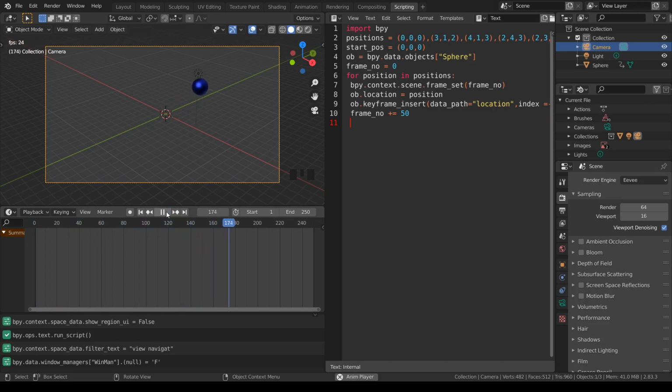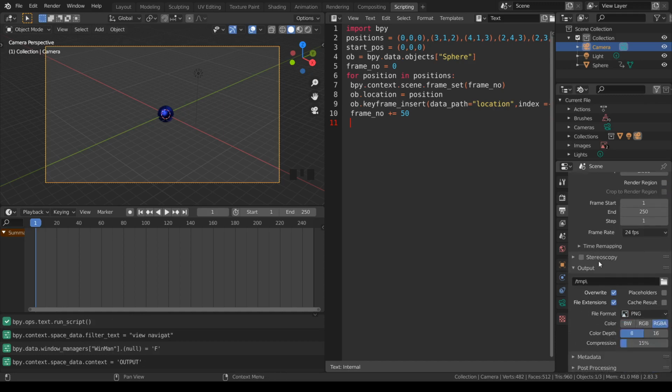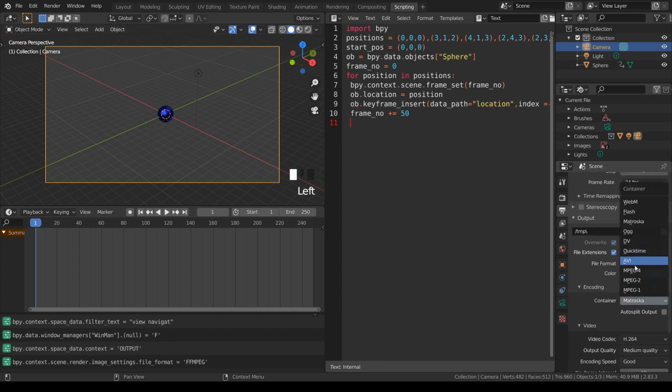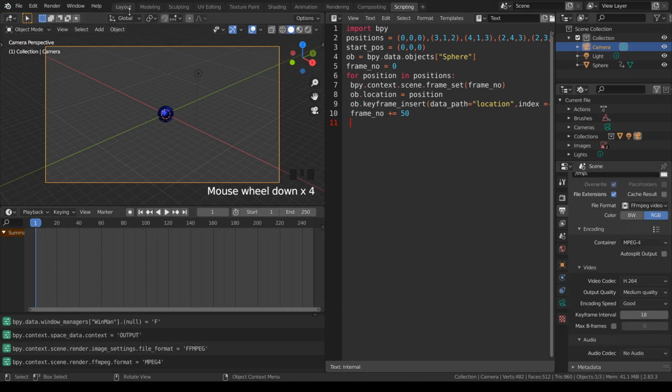So finally, if you can see, my object is moving in the camera mode, that too in a proper position over here. So this is how you fix your camera and work with your timeline and your frame. Now this object can be rendered as normal rendering which we do, where we can go to our output properties. In output properties we can select our location where we want to save this object, and the file format we select is FFmpeg. Once we select FFmpeg, encoding comes up. In encoding we can select MPEG-4, and then finally we can start rendering our object.